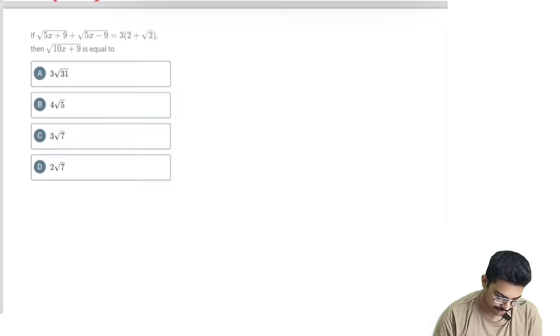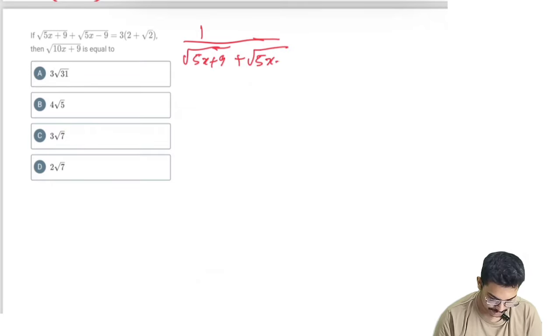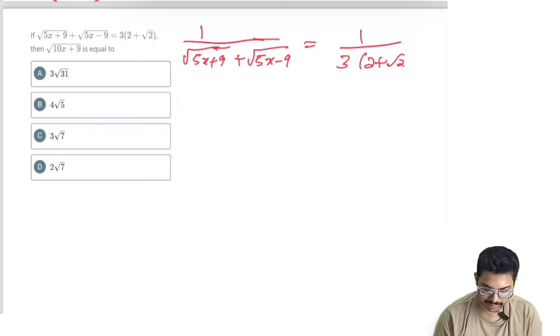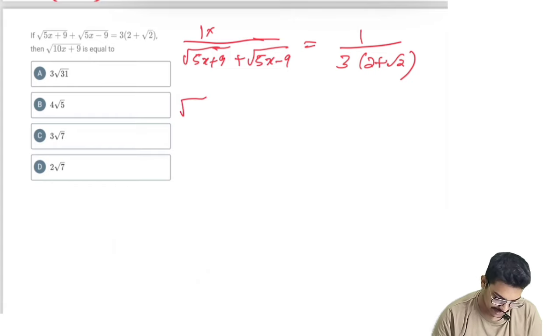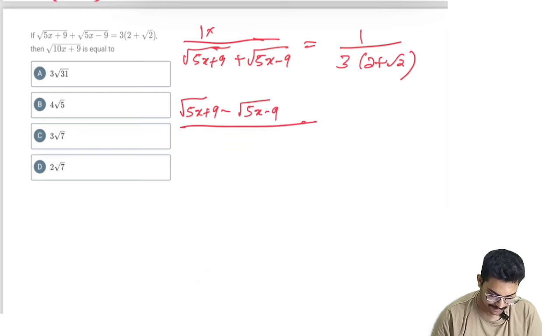When you take reciprocal, it will be 1 by root of 5x plus 9 plus root of 5x minus 9 equal to 1 by 3 into 2 plus root 2. Now when you rationalize, you will take the conjugate. I am multiplying the numerator and denominator with the conjugate part. So the conjugate here will be root of 5x plus 9 minus root of 5x minus 9, the whole divided by